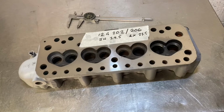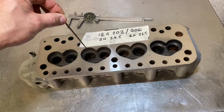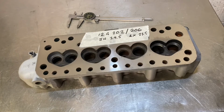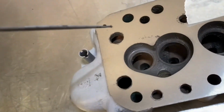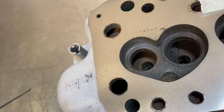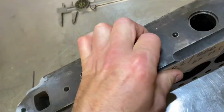Next up is the 12G202/206. These two head castings are very similar. These were fitted to 997 Coopers mainly. You can see that they have a larger inlet valve. The chamber's a bit more open around this side, but you've still got this beak here. The ports are bigger. If we look into the exhaust port, we can see that the valve guide boss is smoothed over, a little bit less restrictive. The ports are actually quite a lot bigger than a normal